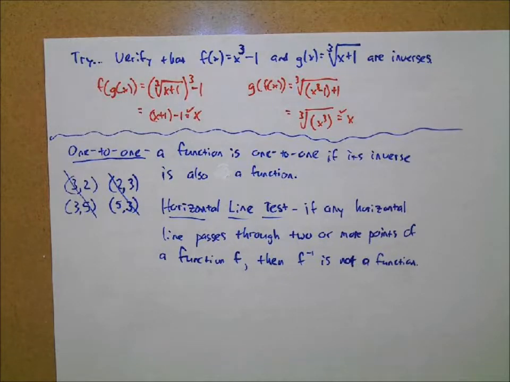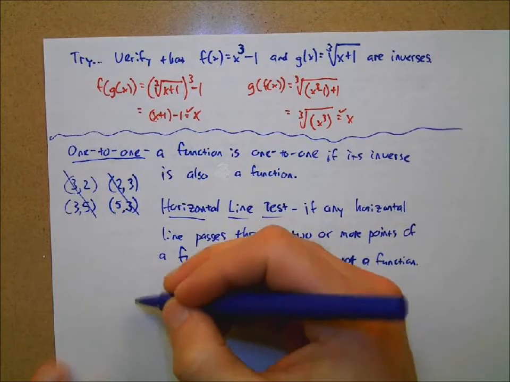So again, f can be a function, but if you draw a horizontal line to any part of f, and that horizontal line hits more than once, intersects more than once, then you know the inverse of f will not be a function. Okay? So, for example,